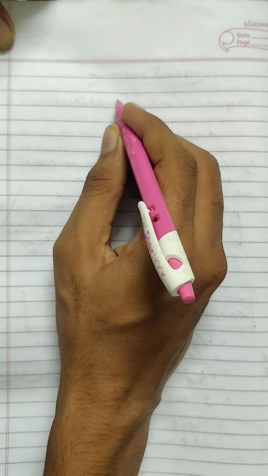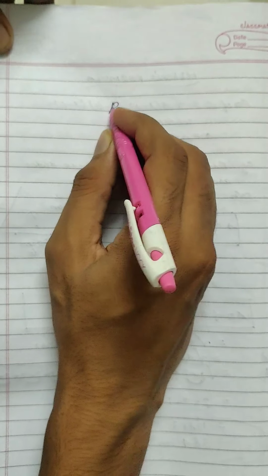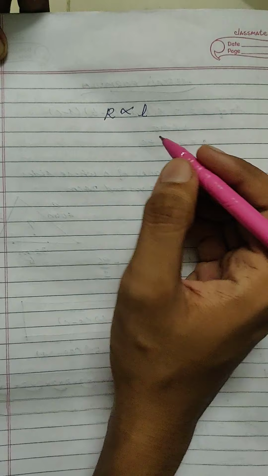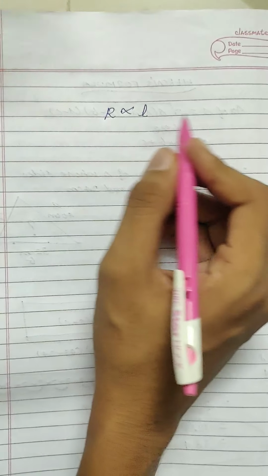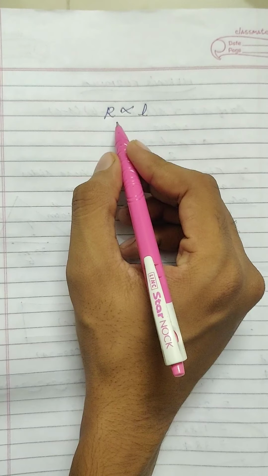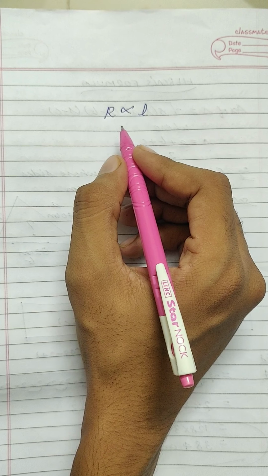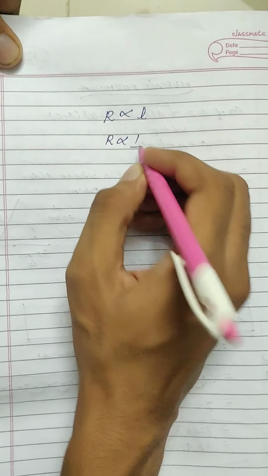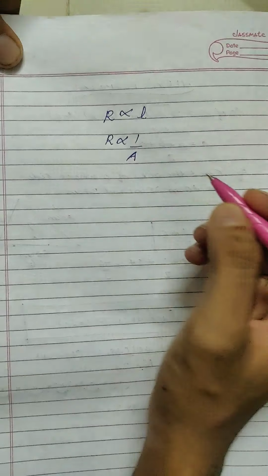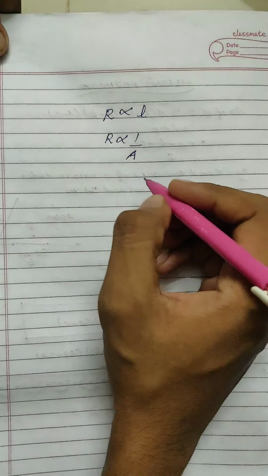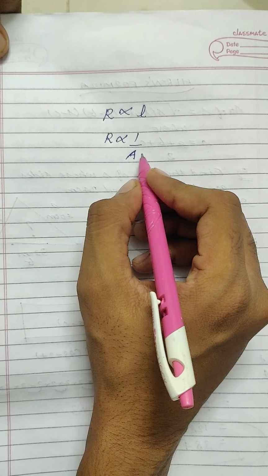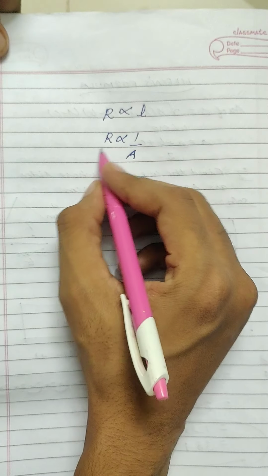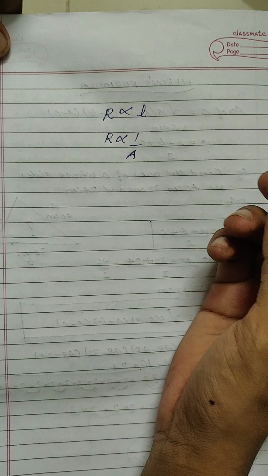I have already told you in the class that resistance is directly proportional to the length of the wire, which means the more the length of a wire, the more is the resistance and less is the current passing through it. We have also studied that R is inversely proportional to area of cross section. All these things we have discussed in the online classes. So when the area is more, when the wire is very thick, then the resistance will be less and it will allow more current to pass through it.